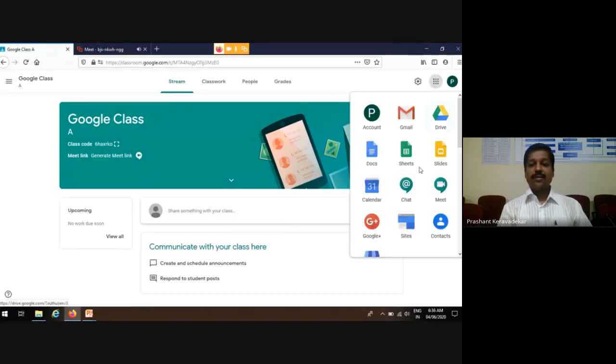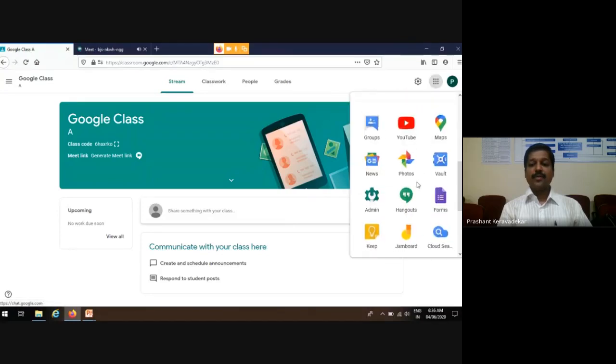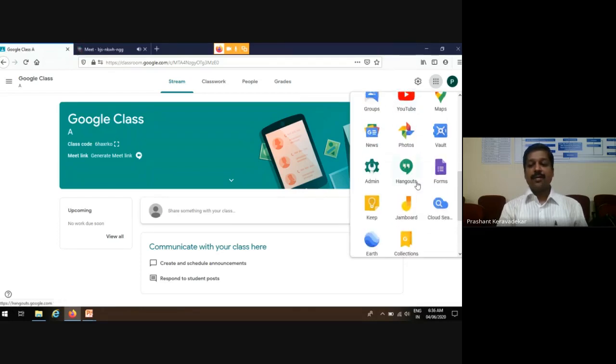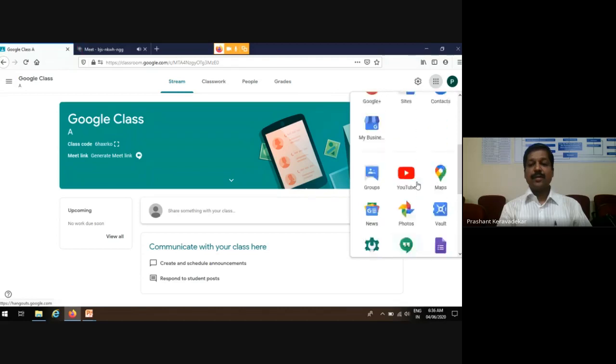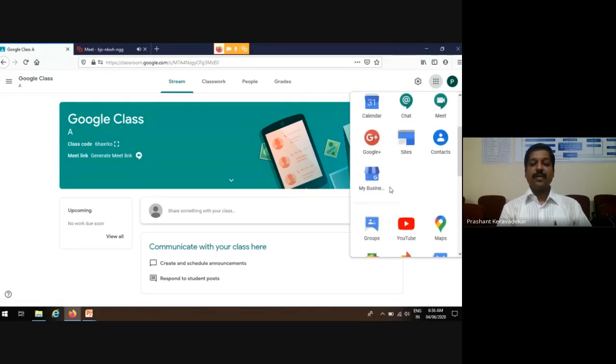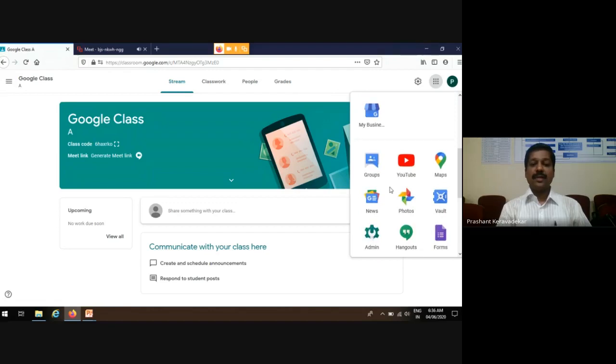If you click on the nine dots, you will see the classroom option. Right now I have logged in, so this option is not available here. Otherwise, there is Gmail, Drive, Docs, Sheets, Slides. This way a variety of options are available, and one of them is Classroom.